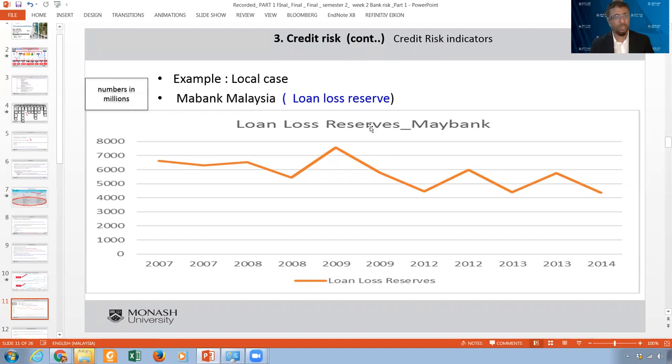So you want to take it into consideration from now. And this is why we consider it as what we call a measure of credit risk. So if you see a bank with huge loan loss reserves, that means their loans are actually not okay. If you see a bank with high NPL, it is also a problem. High bad debt is clear, but the loan reserve is an indication of expected losses in loans.